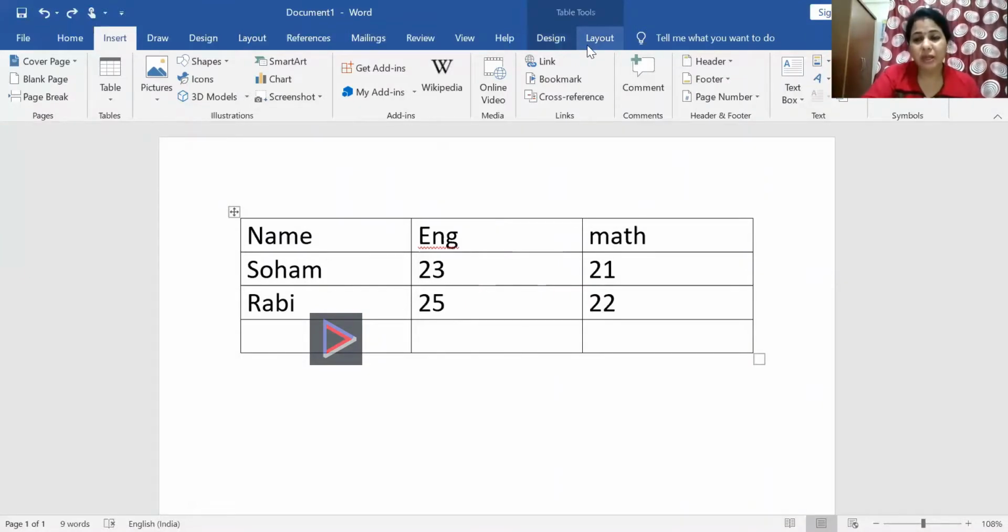Now the question is, what is the meaning of editing? Editing, all of you know, is modification, something I want to change. Something is there and I want to modify or change it, that is called editing. Now what type of editing can we do in the table? See here, what is the number of rows and columns? There are 3 columns and 4 rows. Suppose I want to increase the rows or columns, or I don't want certain rows and columns and want to remove them, that I can do as editing.